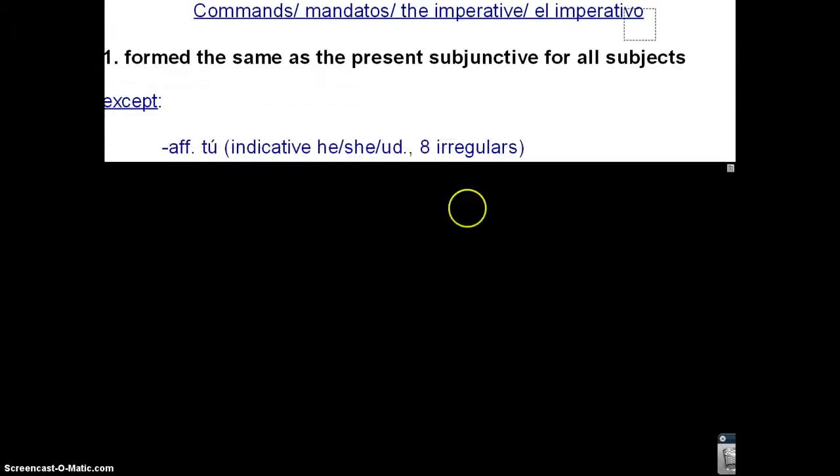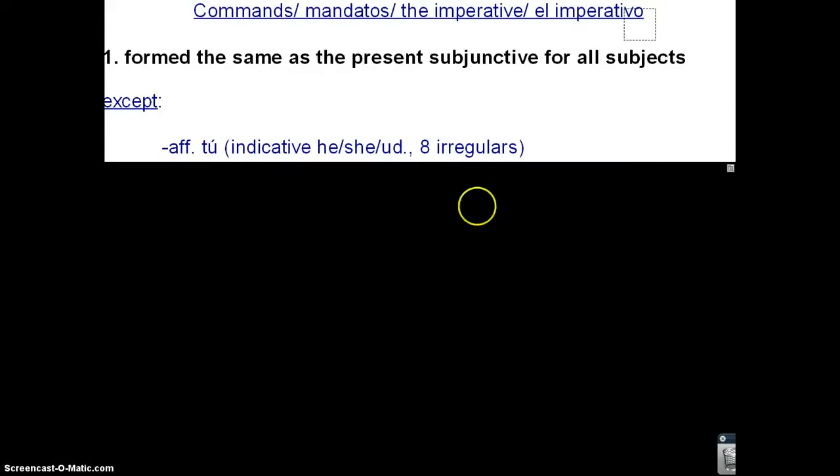As far as a simple explanation, let's talk about those exceptions. Exception to the rule, of course, is affirmative tú commands, because affirmative tú commands actually take the he, she indicative form of the verb. Comer would be como, comes, come. You want to tell someone to eat their vegetables or something along those lines, the affirmative tú command would just